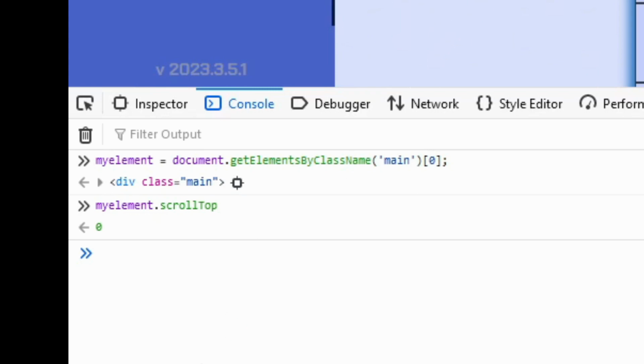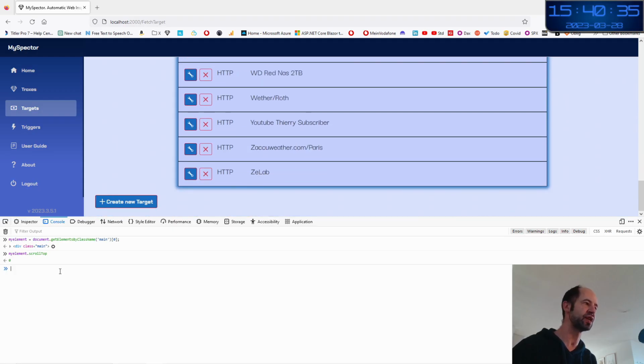Here you see that the current property is already set to 0. So in fact, setting it to 0 will not change anything because this value is already set. You see here precisely one of the issues: you try to scroll to the top of the main. Here you instruct the JavaScript to scroll to the top of the main, but the main div is already set at 0. So you must in fact change the target. The class name main, or even content, is not the correct target.